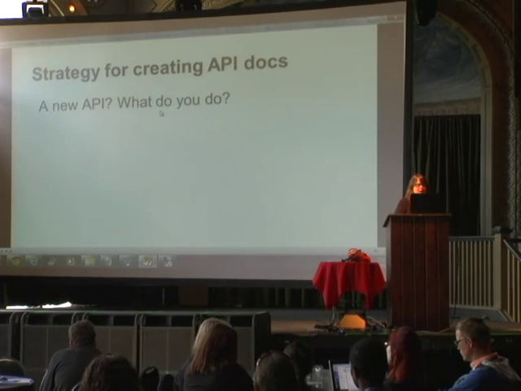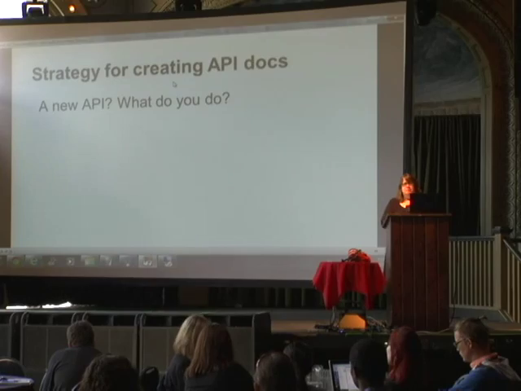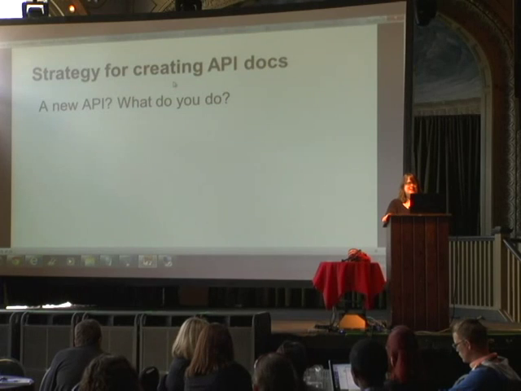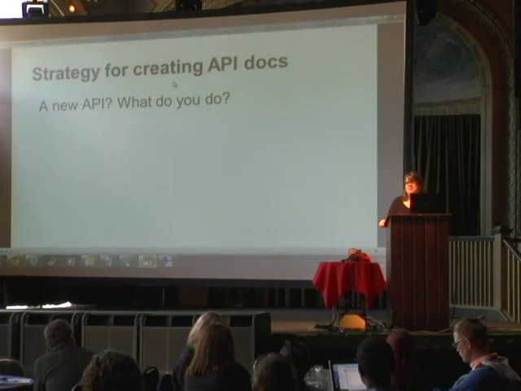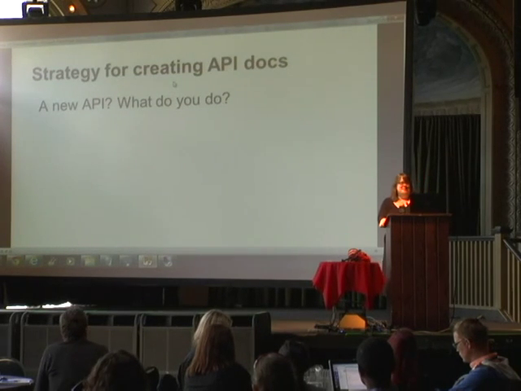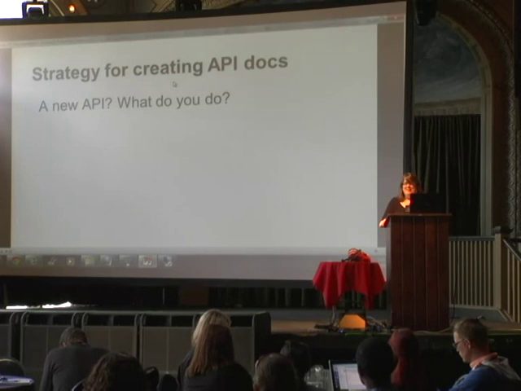So I'll just talk a bit about my strategy for creating API docs. We have this new API product, and it's just being developed from the get-go. To be honest, I was a bit at sea about how I was going to document it. I didn't have much of an idea what it was going to look like, and it's pretty hard to start documenting in thin air. But just like somebody else said today, it's better to start writing something wrong and get it corrected than write nothing at all when you're not sure.